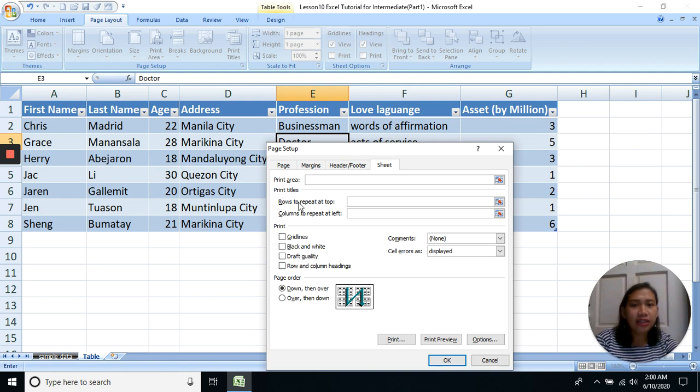The next one is the print titles, which I promised to discuss in detail earlier. The rows to repeat at top and the columns to repeat at left are important, especially when you're printing a